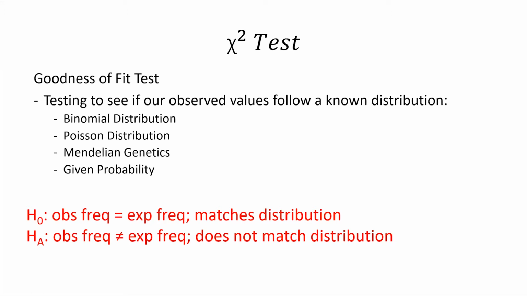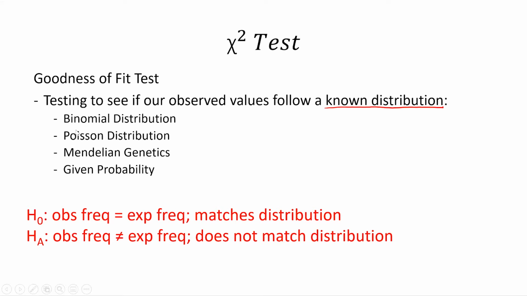For our goodness of fit test, we're testing to see if our observed values, our observations, follow a known distribution. So that's what's key about this one. It's a known distribution. For example, a binomial distribution, a Poisson distribution, Mendelian segregation or genetics, or a given probability. So essentially, we have an idea of what the observed values should be if they're following the distribution we expect them to be following. So we can kind of connect this back to when we were doing the binomial and